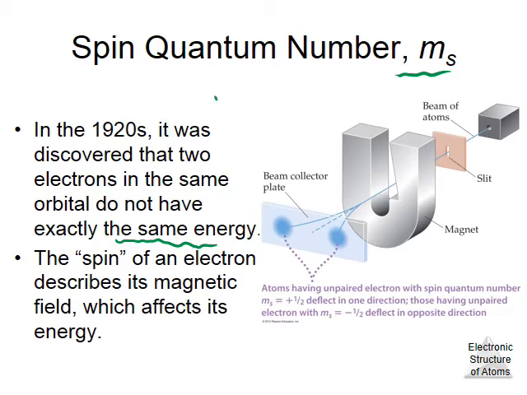So one gets the label of ms plus 1/2. The other electron in the same orbital would have minus 1/2. That means if one is spinning in clockwise direction, the other one would be spinning in anti-clockwise direction. Now because of this spin, they also create their magnetic field. So when you pass this kind of beam of atoms with electron spin, then it would split depending upon